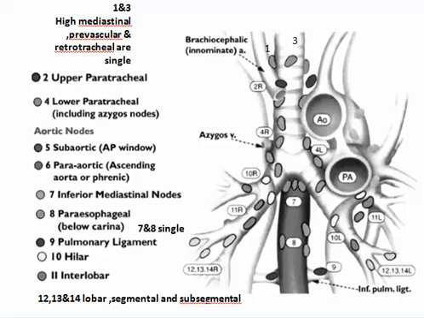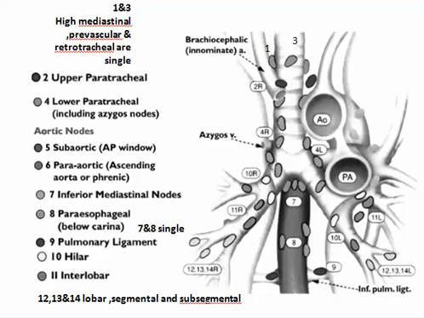at the hilar regions, tracheobronchial or hilar, and then interlobular or bronchopulmonary. Then you have, inside the lung parenchyma, lobar, segmental, and subsegmental. So together, we have single nodes like the high mediastinal, the prevascular, and the